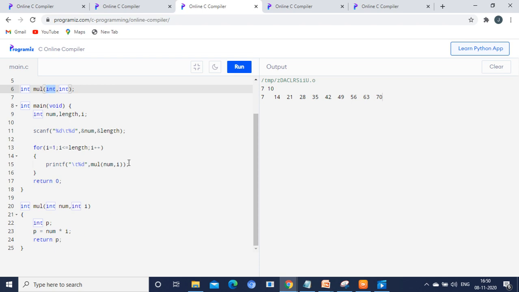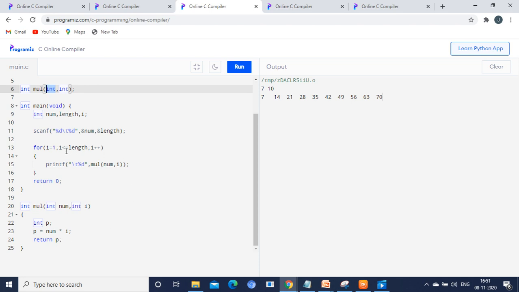Here 7 will be printed. For i is equal to 2, number is equal to 7, it will go back to the function and calculate 7 into 2. 7 into 2 is 14 now. It will be returned back to the main function, and 14 will be printed.